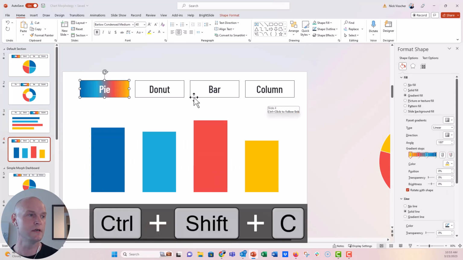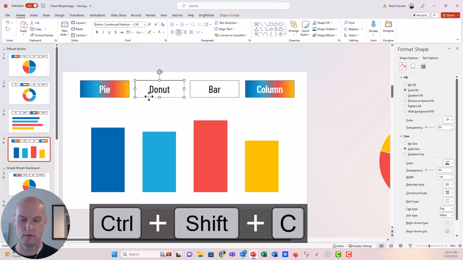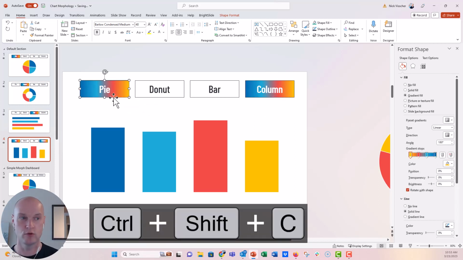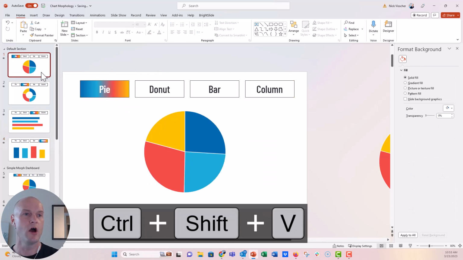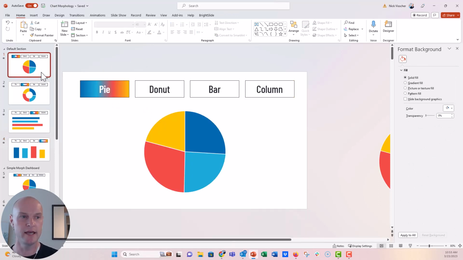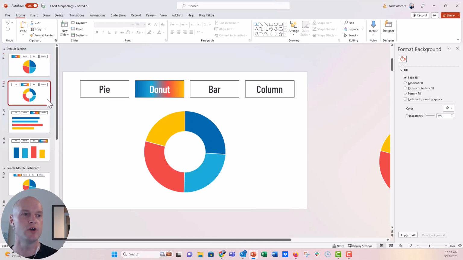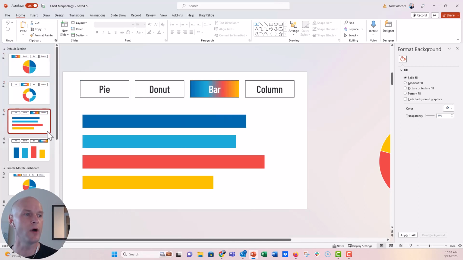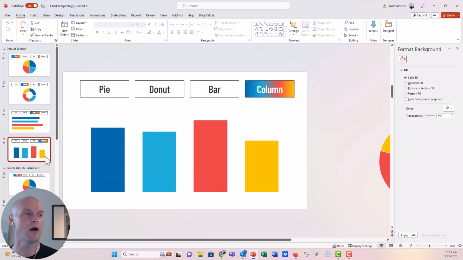Shift Control C to the column, and Shift Control C there, and Shift Control V. Now we have our slides highlighted and formatted exactly, I think, how we want them. So the pie is highlighted there, the donut is highlighted here, the bar is highlighted here, and the column is